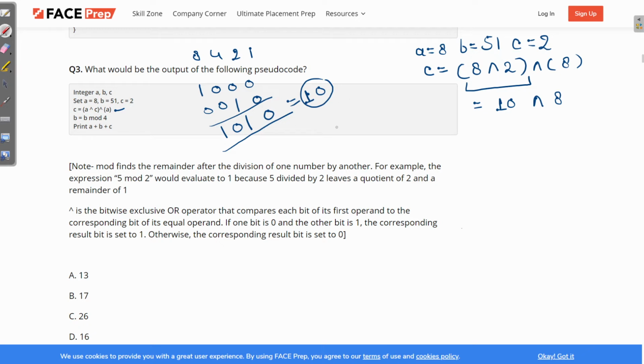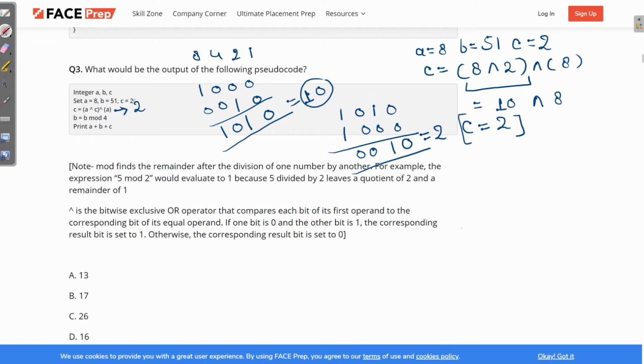So how can we make 10? This is 10, as we have seen, 1 0 1 0. And what is 8? 1 0 0 0. What we have to do is calculate XOR. Similar values give 0, and the values which are not similar give 1, so we get 0 0 1 0. Now what does it become? This is the binary representation of 2. So we get our final output C as 2 in this line. So here C becomes 2.